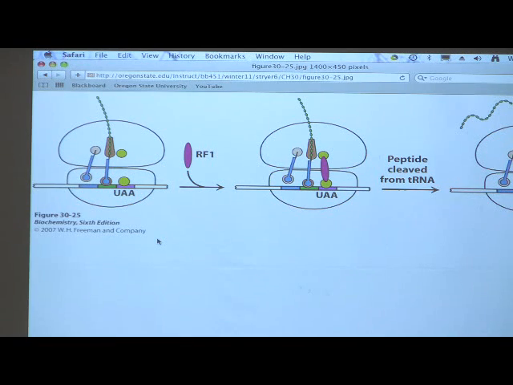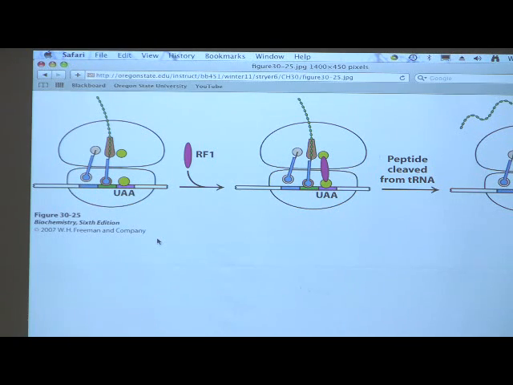I don't really care that you know the numbers, all right? So there's some that work on UAA, some that work on UAG, and some that work on UGA. The important thing is that the release factors come in when the ribosome is stuck on a stop codon. That stop codon will form no stable base pairs with any of the existing tRNAs. So the release factor has a little section that will form a base pairing like a region with that and